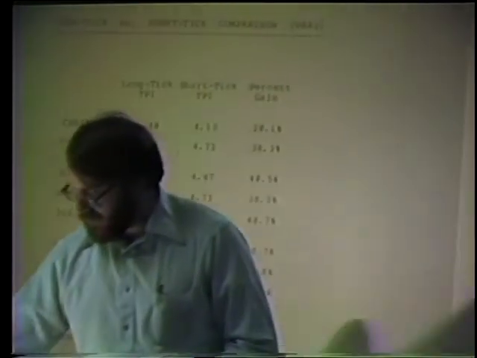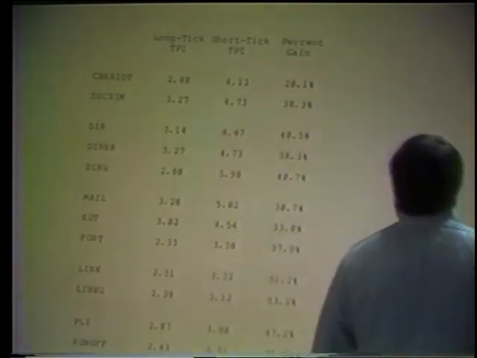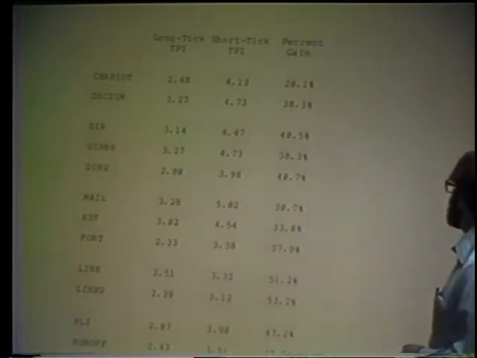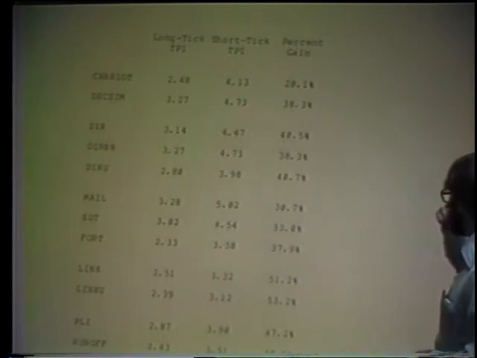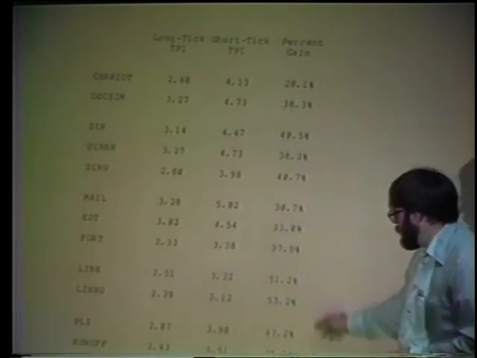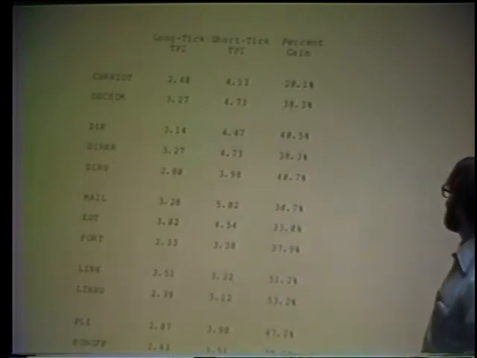Now, if you compare these two, again, you have short-tick TPI and long-tick TPI, and the percentage gain is quite a bit better, again, assuming that you've got a factor of 2 to 1 in the cycle time. I didn't compute the ratio here, but it now gets up to as much as 40 or 50% for length, and it's as low as 20%